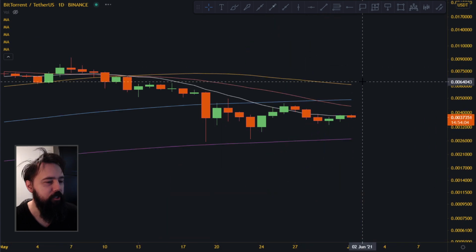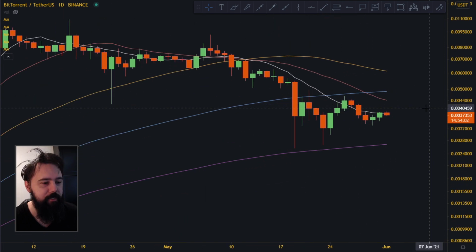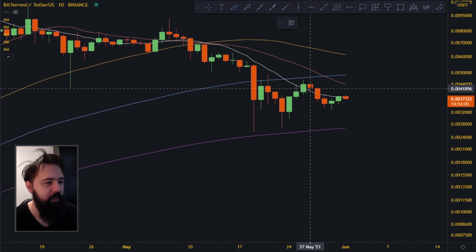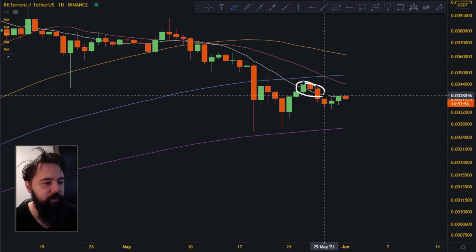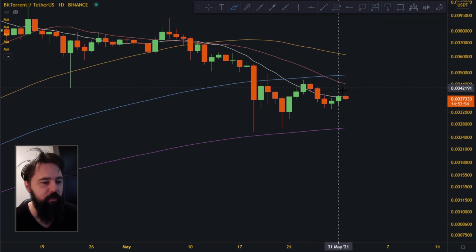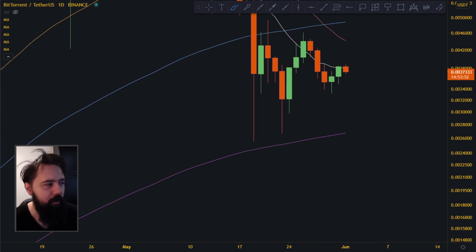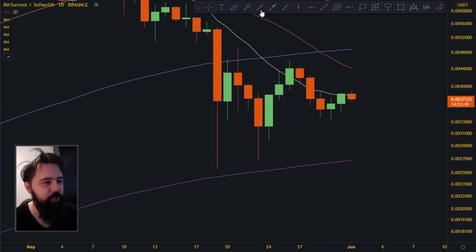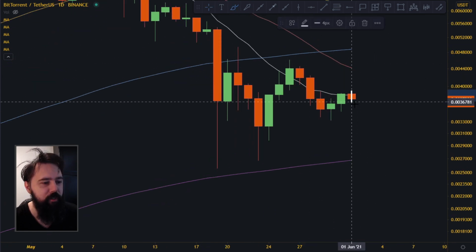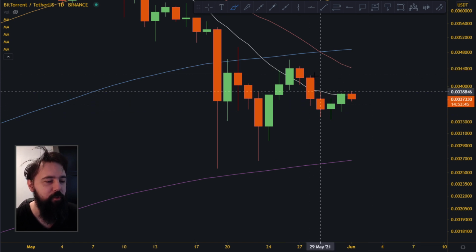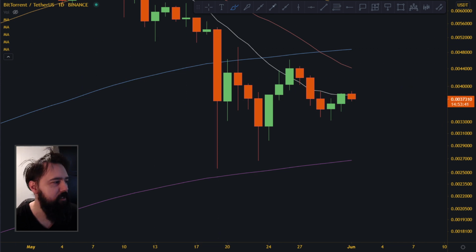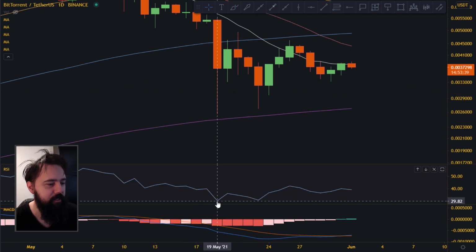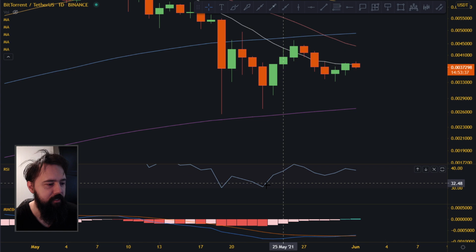Let's go down to the daily chart and see what's happening. You can see here that on the daily we got rejected by the 10 moving average, but this is nothing to be afraid of because Bitcoin got rejected as well. Here we managed to break the 10 moving average, and right now we are falling back just like Bitcoin is doing. So the pattern it's following is Bitcoin's pattern. Let's see if it has the same divergence that Bitcoin is having.